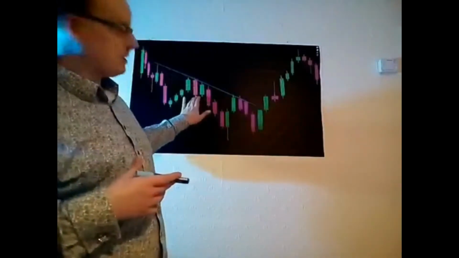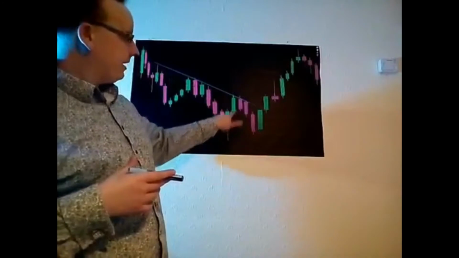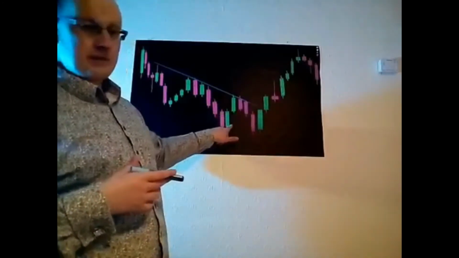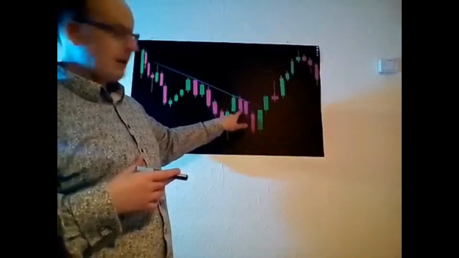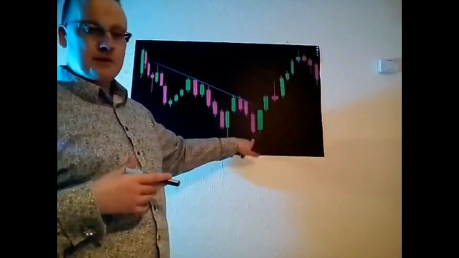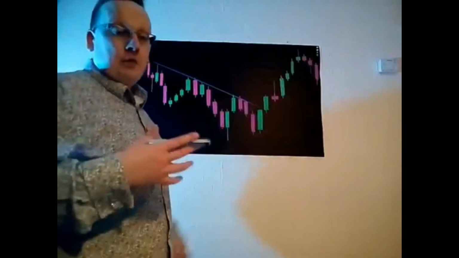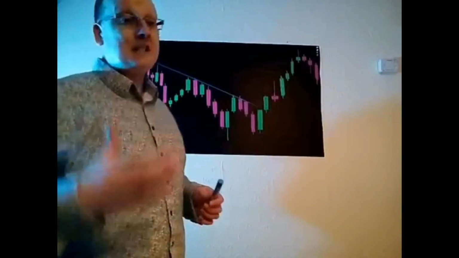You've hit your support line twice, it's come down here, it tests it again. So 4 hours go by, 4 hours go by, hits your support line, and then another 4 hours, 8, 12 hours, you still made the right decision. It will be so long before it gets to the bottom of the chart where you have to make the trading decision to come out. Now that could either be a satisfactory